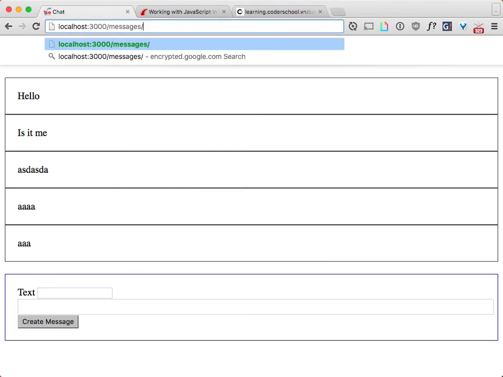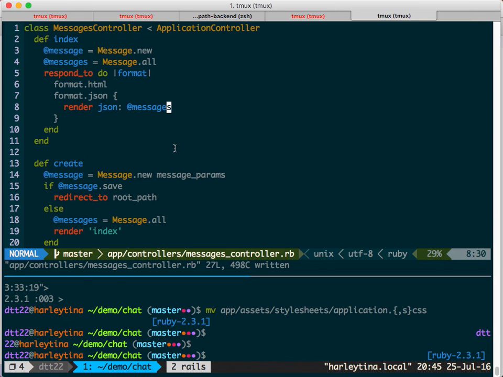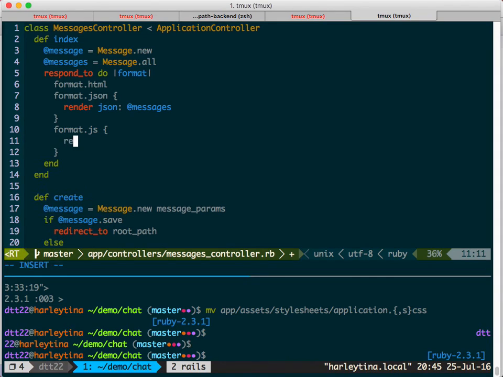So if I go here and I say dot JSON, then I have these JSON files, right? But for AJAX, we could use JSON, or we can also use format.js. So you can actually write JavaScript in here. Let's say you can actually do render,